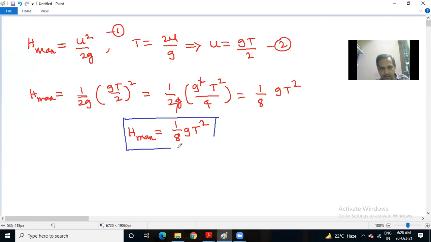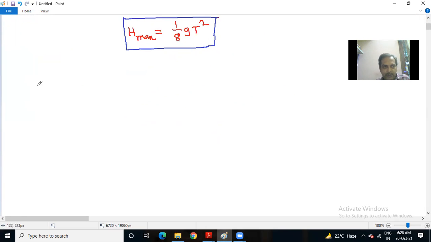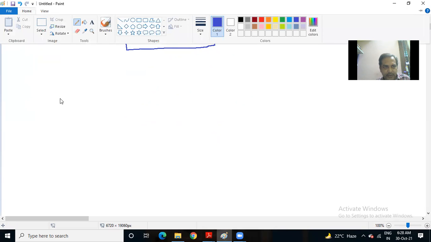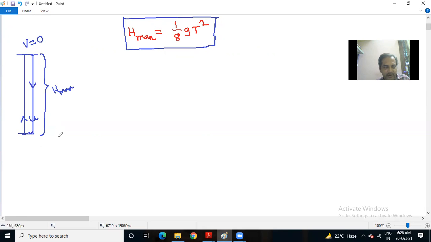Now let us show that on reaching the point of projection, the projectile will possess the same velocity. Suppose a body is thrown vertically upwards from the ground, providing initial velocity u. On reaching the maximum height, this is H max, you call it as, the final velocity will be 0. After reaching maximum height, again it moves down with 0 initial velocity. So it behaves like a freely falling body.